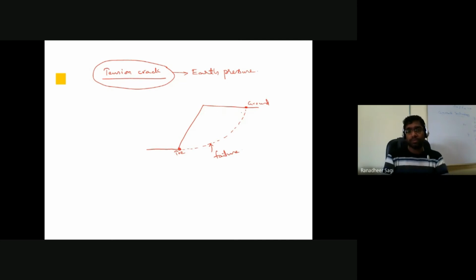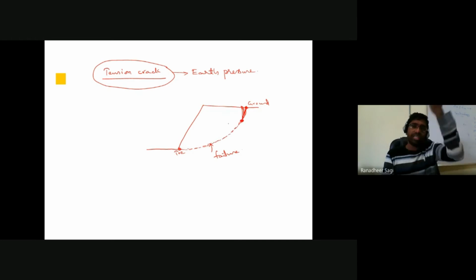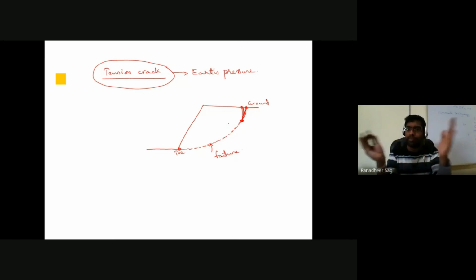Okay, but sometimes because of a crack which has already developed in the ground, if this is a crack, it's an opening already there in the ground, the failure surface will not be developed till the ground. Rather, it will be developed only till here, because above that there is already a failure. There is a separation in the ground, a crack which has already developed, which indicates failure in that particular region of the soil. Only subsequent failure would be developed in the remaining portion of that slope along that failure surface.